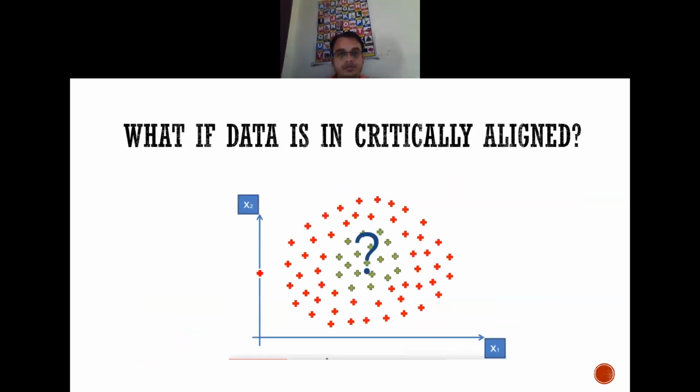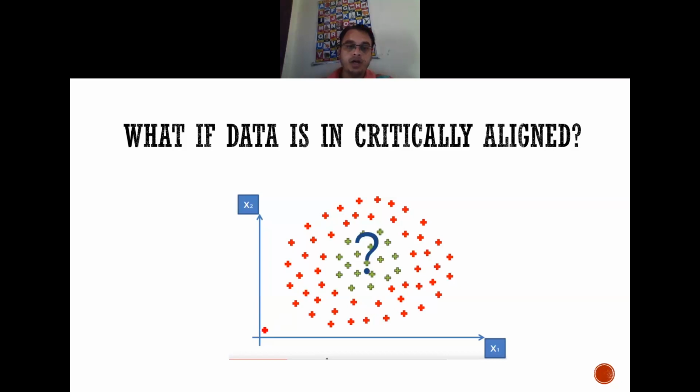Now, what if the critical data is aligned in a different way? This is the second method. Just see over here in this diagram how the points are correlated. Please check carefully.